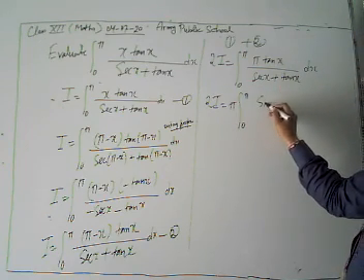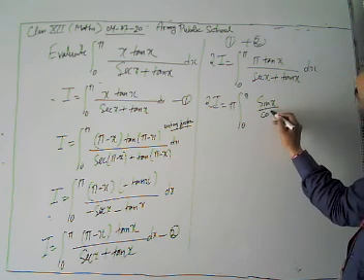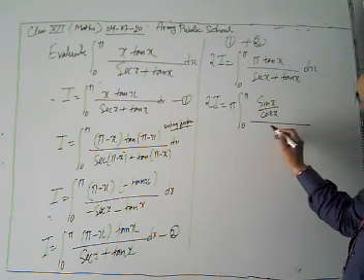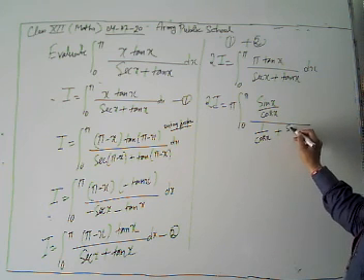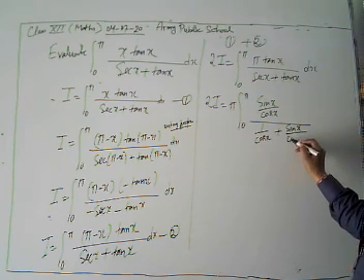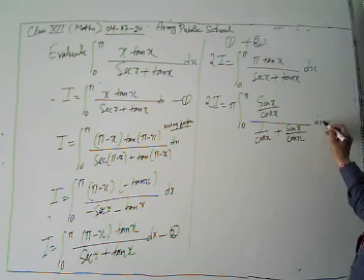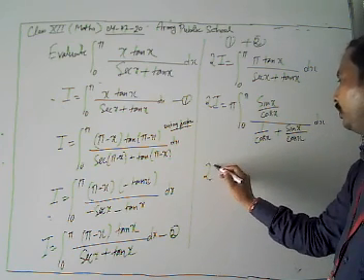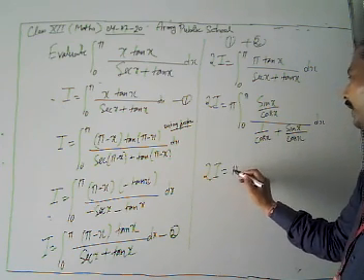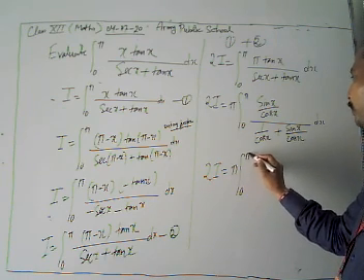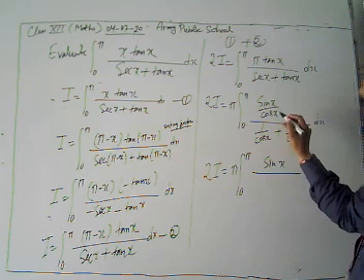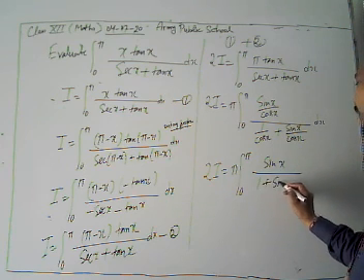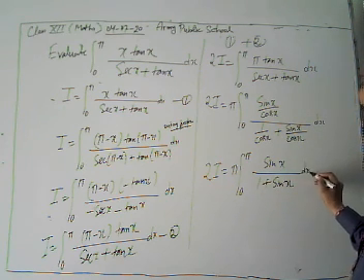Now look, tan x can be written as sin x by cos x, upon sec x, which is 1 by cos x, plus tan x, which is again sin x by cos x, dx. After solving, we have 2I is equal to pi times the integral from 0 to pi of sin x upon 1 plus sin x dx.